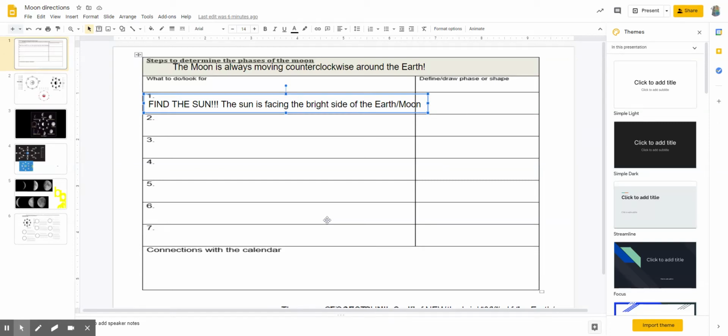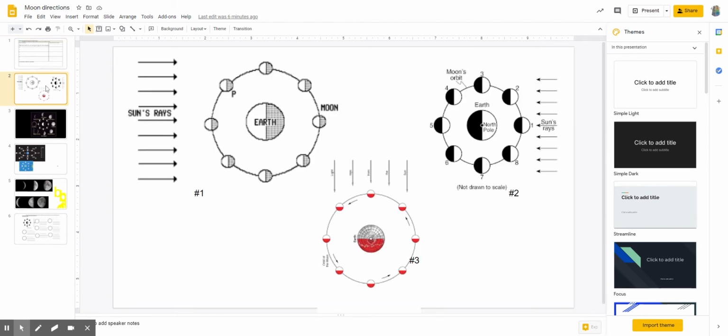Okay, so now that we've found the sun, we have to find our first two phases. And these two phases are the most important ones for identifying our phases of the moon. And they help us put ourselves in the right perspective to see where all the other phases are going to be. And so the first phase we want to look at and find is always going to be the moon that is closest to the sun. The moon that is the closest to the sun, right,